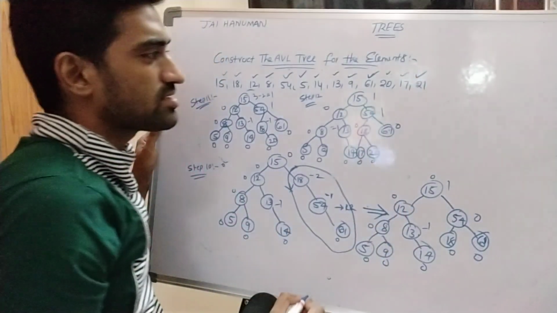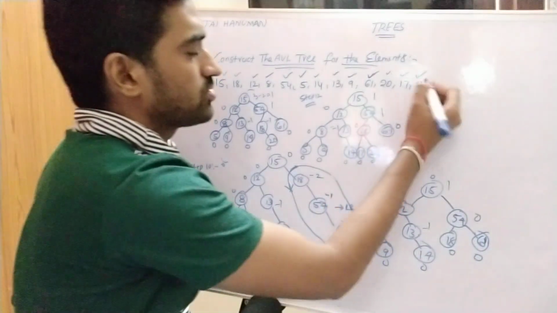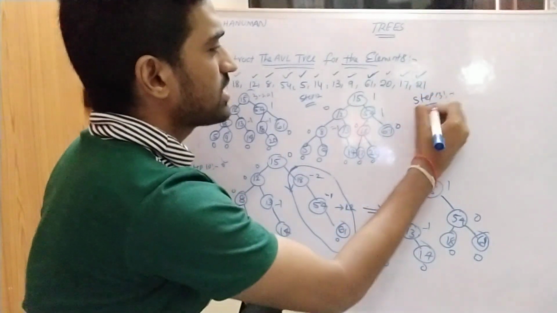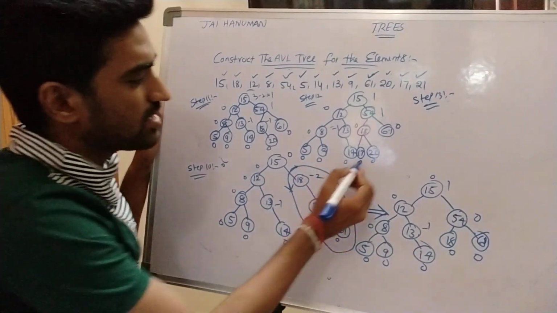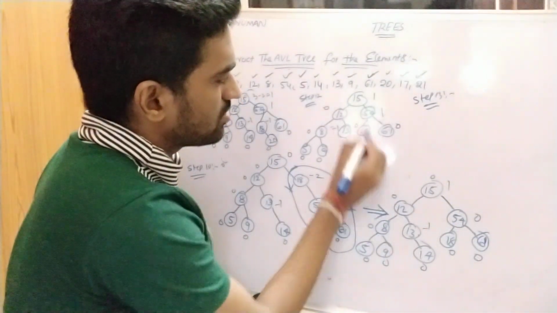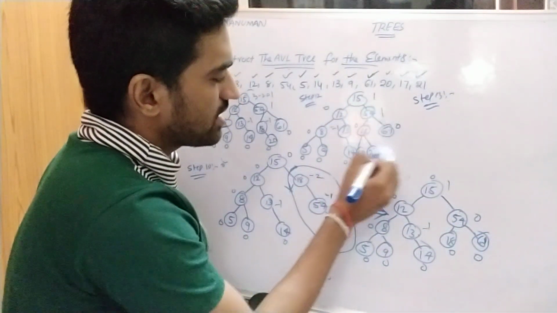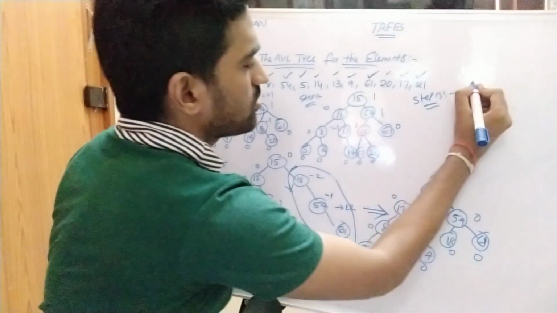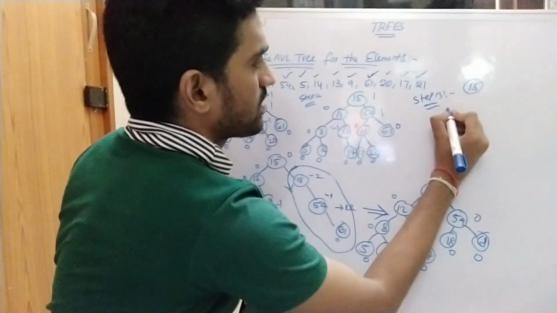Then what is the next inserted value? 21. So in step 13, we are inserting 21. So 21 is inserted at the right subtree, right of 20. Now the tree becomes 15, 12,